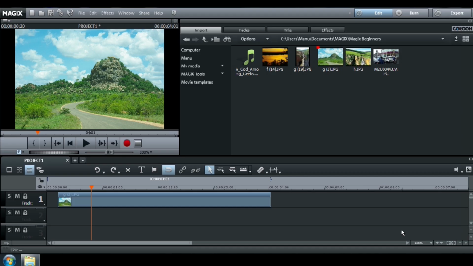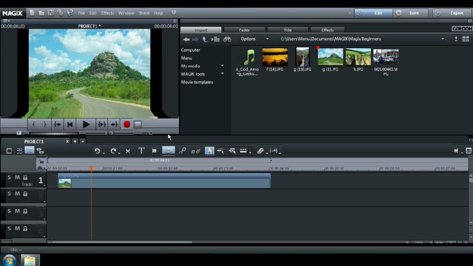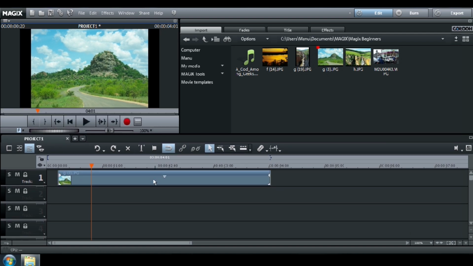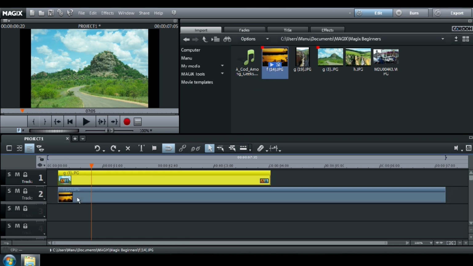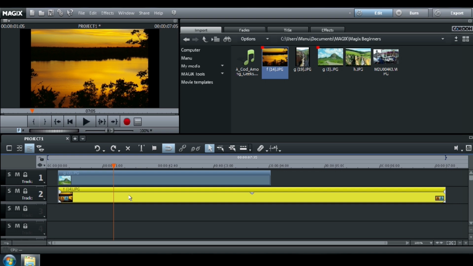It is essential to understand how the tracks work. On track 1, you've got what I will call the mountain. On track 2, the picture of the river. Track 2 is on top of track 1.